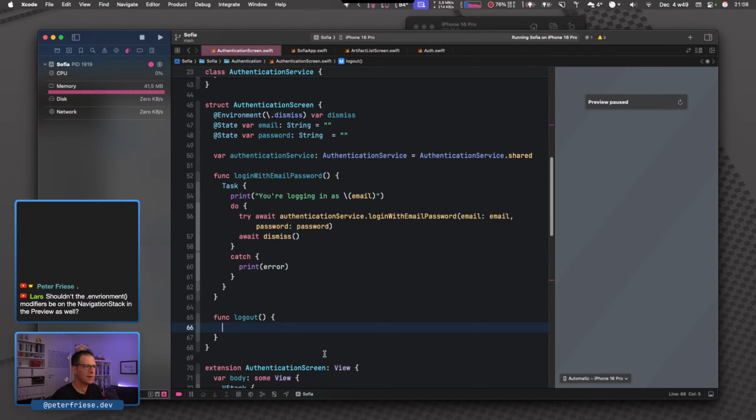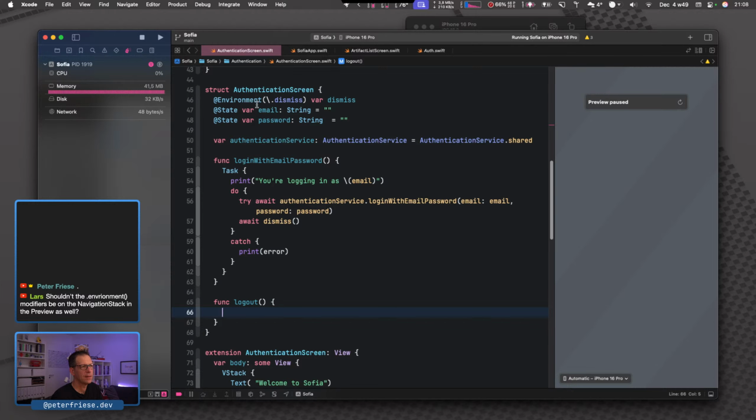I mean, this is another level of indirection, but this is kind of a layout where we have this struct which represents the function, the state and the business logic of our view, and then we have the extension which contains the body.